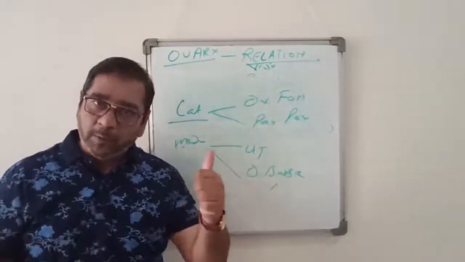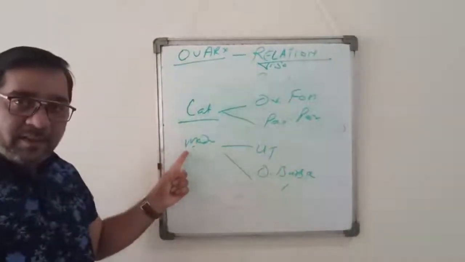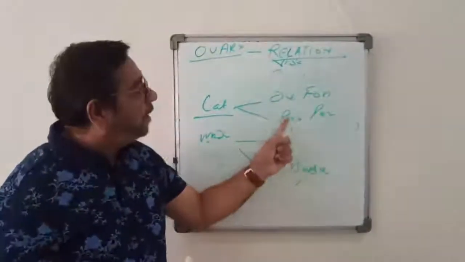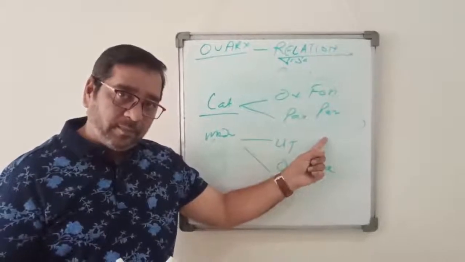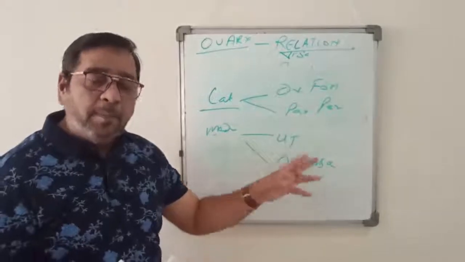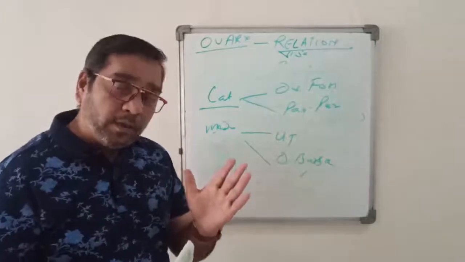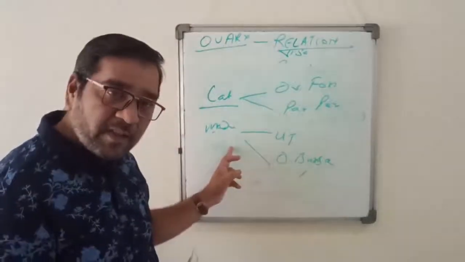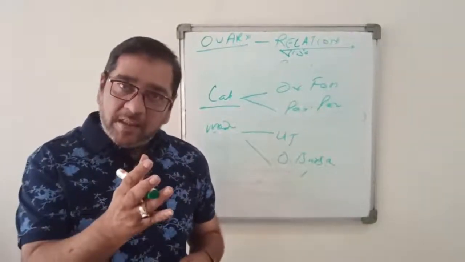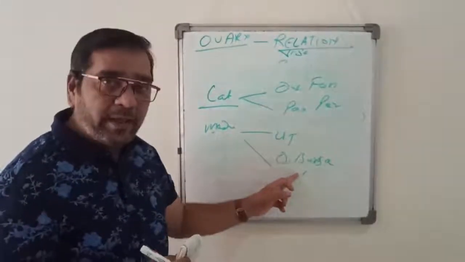Now we have spoken about the poles, the borders, now the surfaces. Two surfaces, the lateral and the medial. The lateral surface is related to the ovarian fossa and the parietal peritoneum. The medial surface is related to the uterine tube and the ovarian bursa. Bursa is basically a space between the medial surface and the parietal peritoneum. So the space between the parietal peritoneum and the medial surface, you have the ovarian bursa.